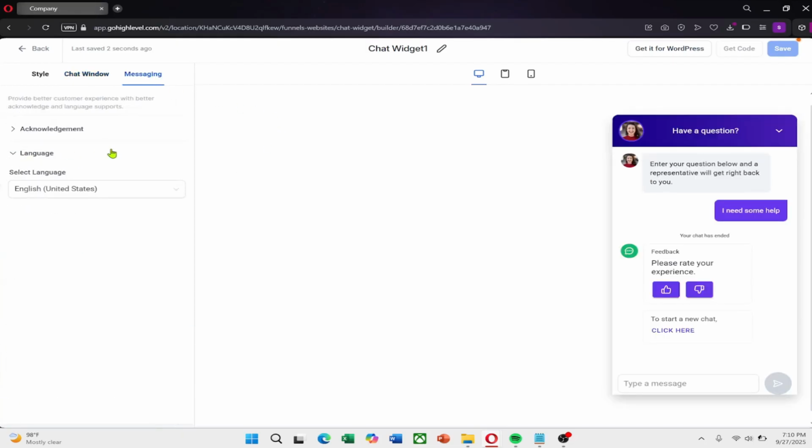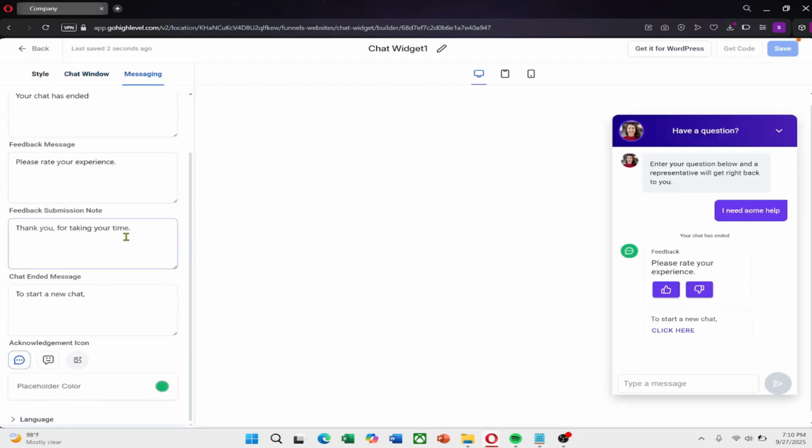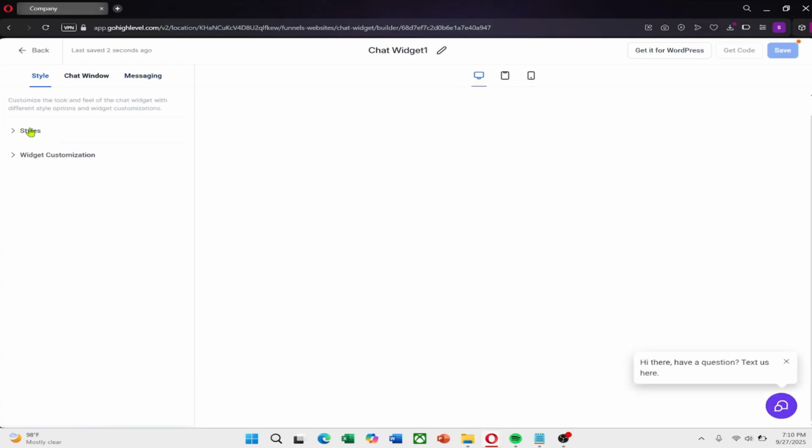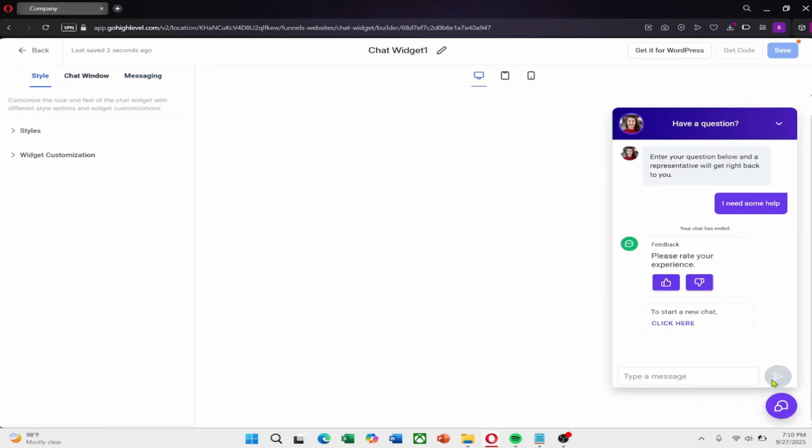Send yourself a test message to confirm. It will show up instantly in your Conversations tab. From there, you can reply in real time and follow up later through SMS or email if the visitor leaves their details. With this setup, you create an easy way for visitors to reach you while keeping all communication organized